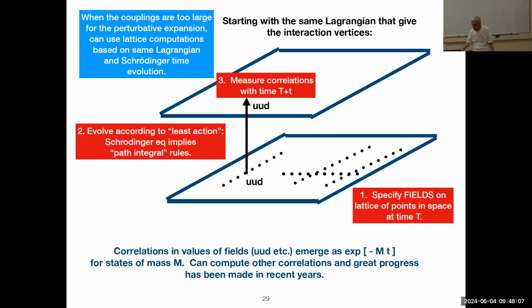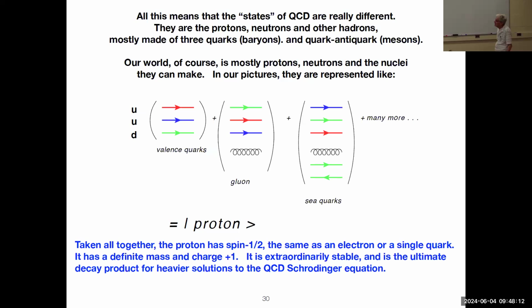So all these concepts are related in beautiful, profound ways. Okay, finally, all this means that the states of QCD are really different. So our world, of course, is mostly protons, neutrons, and the nuclei they can make. So in our pictures, going back to our partonic pictures, they're valence quarks plus all the things that we could